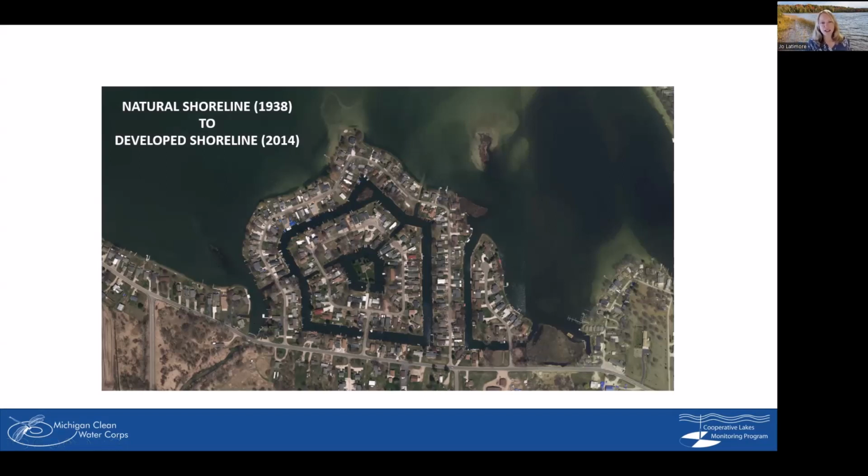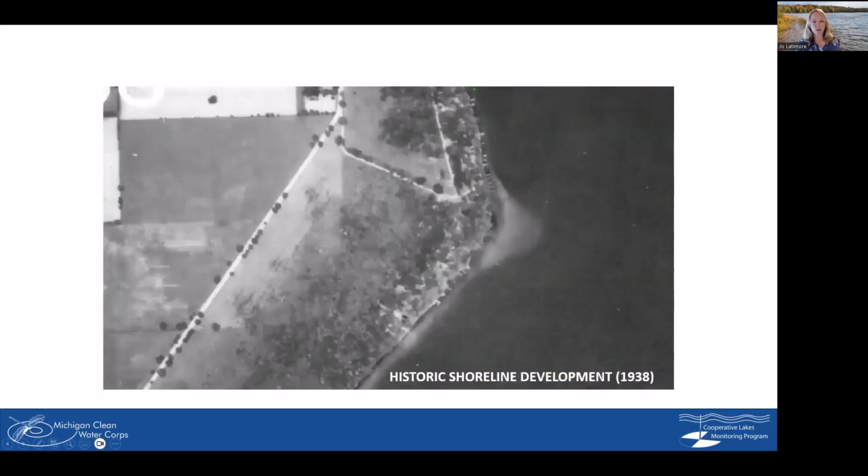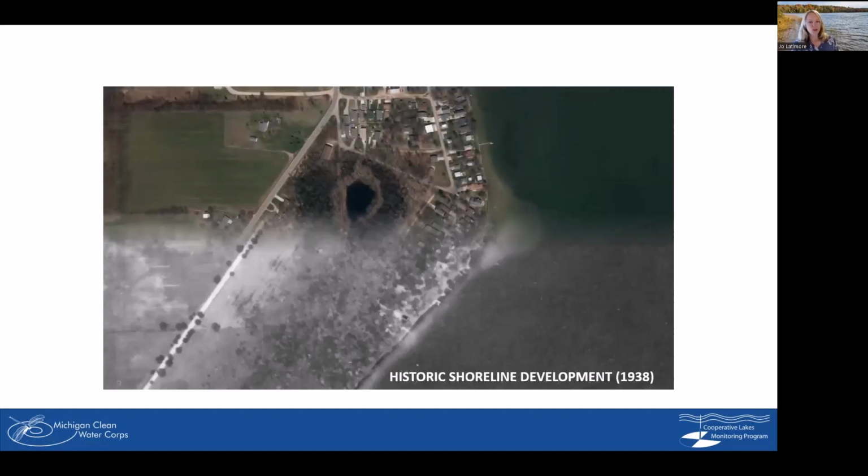You can imagine that it looks different and it even sounds different along these shorelines. You're not going to hear the birds, you're not going to hear the frogs or see the fish swimming around as much as you did back when the shorelines were natural. I'll show you one more example. Again, 1938 to